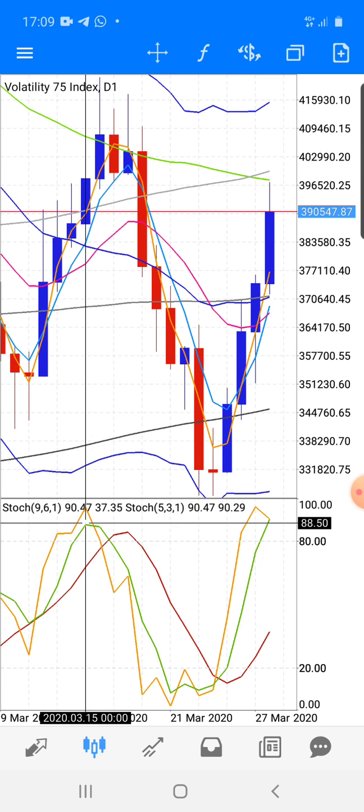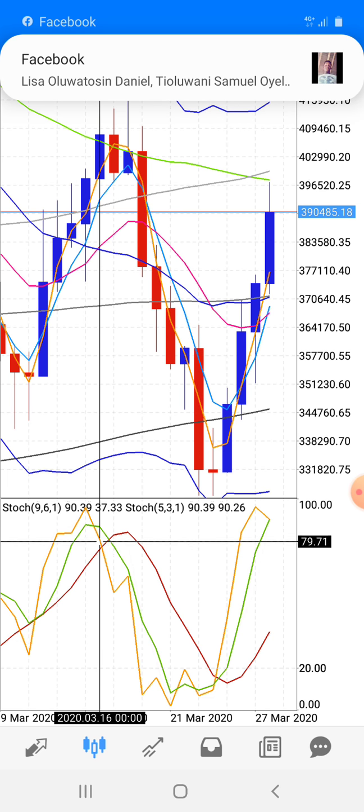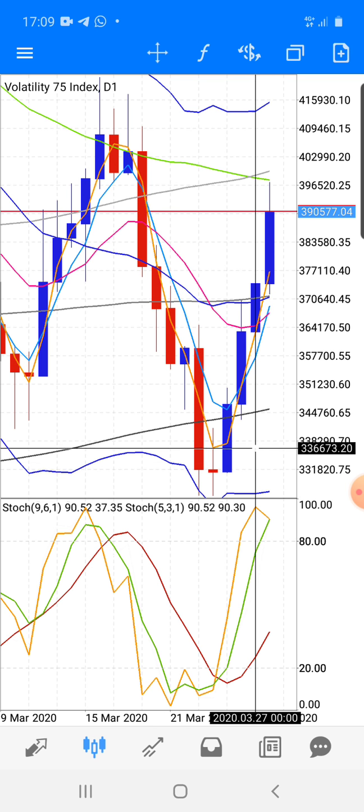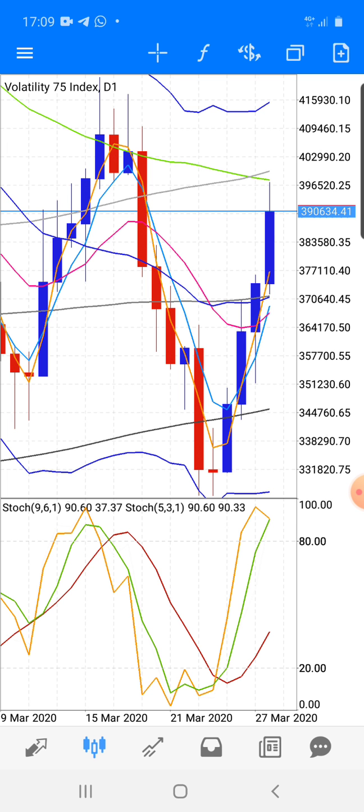Look at what happened here on the 15th and 16th. When it crossed it down, it came all the way down. It's looking like that wants to happen again. So this may be the start of a sell. So right now, I'm no longer interested in buying. I'm interested in selling. So I'm going to check my 1 hour